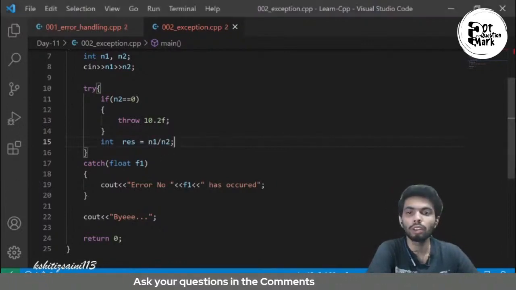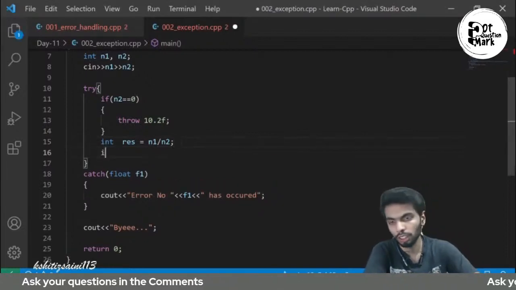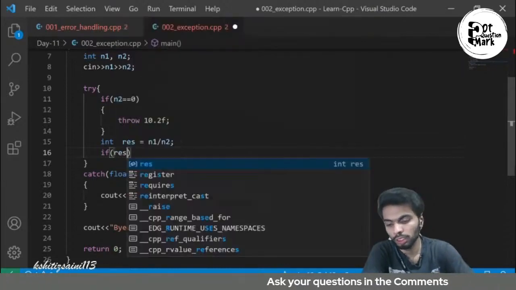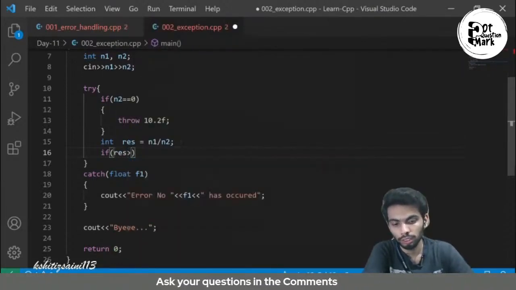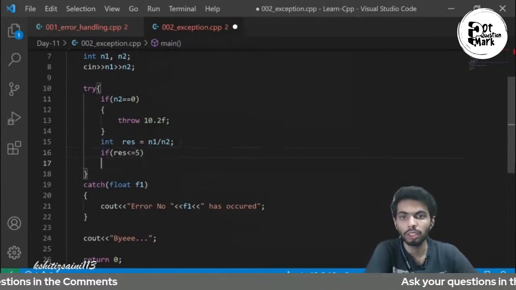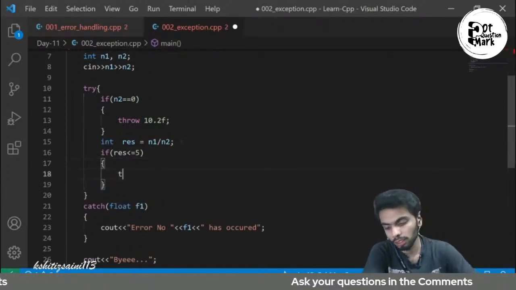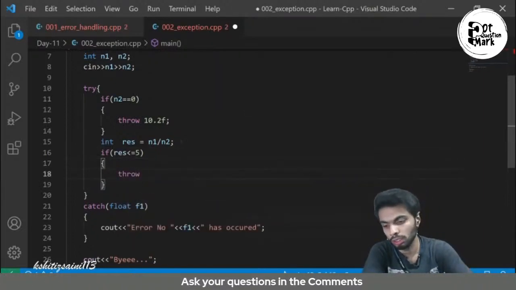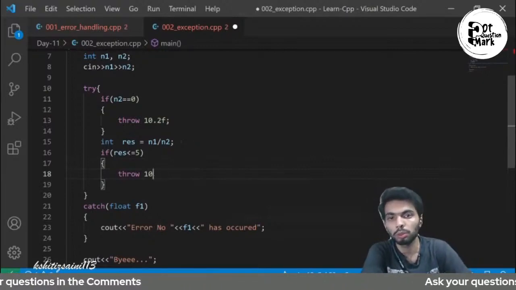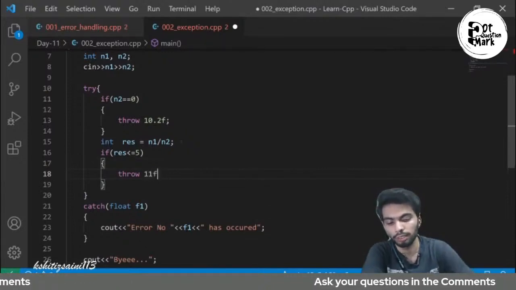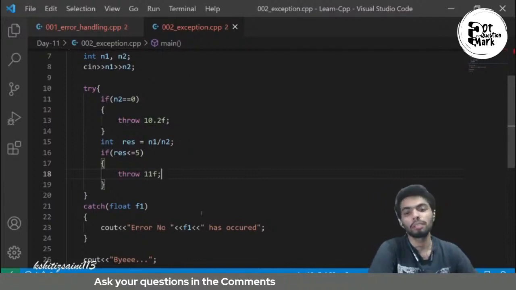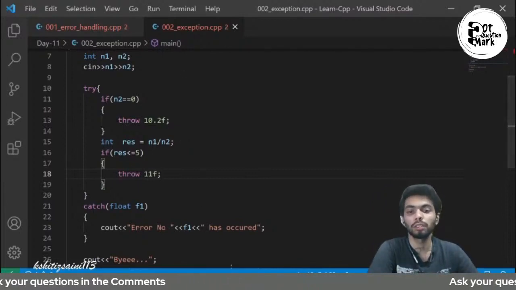सो अभी क्या हो रहा है, मैंने इसको result में store कर दिया and I am checking it again, if result is greater than equal to 5, if less than equal to, sorry, if it is less than equal to 5, तो हम क्या करेंगे, I will throw 10.2f। चलो मैं कुछ और change कर देता हूँ, 11f। ठीक है, अब मैंने ये किया और मैंने throw कर दिया 11f। सो let us see what will be the difference है।